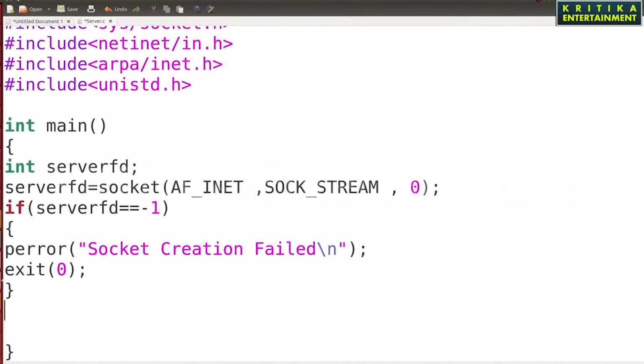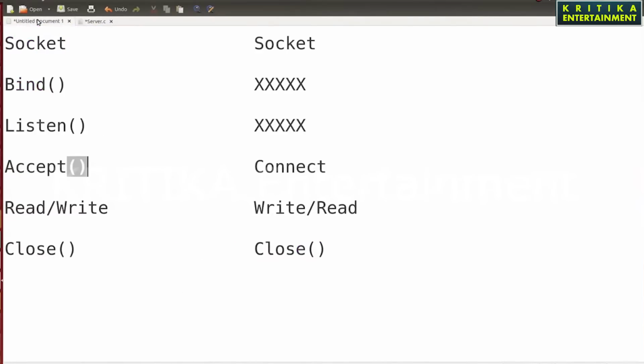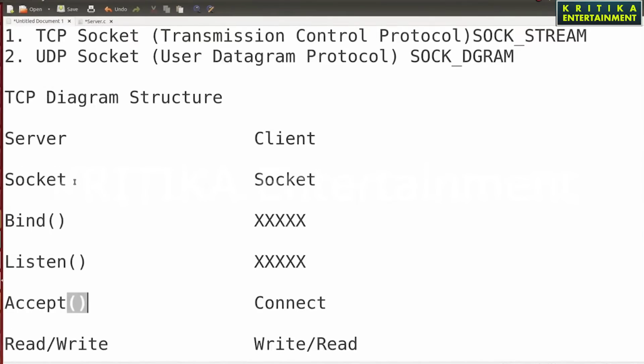Okay, this is for your socket creation. If it is a successful creation, then the code will go ahead. Otherwise, it will be closed here. Then after server-side socket creation, I have told you there is another function called bind.